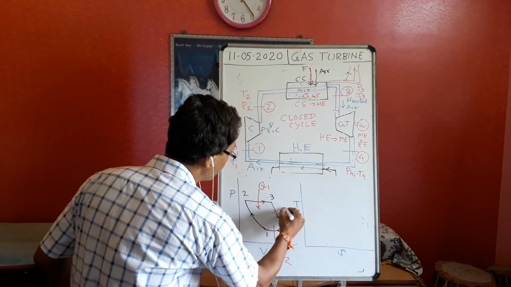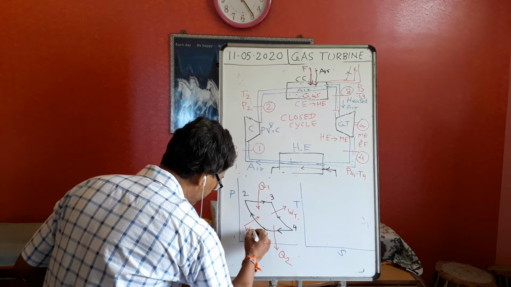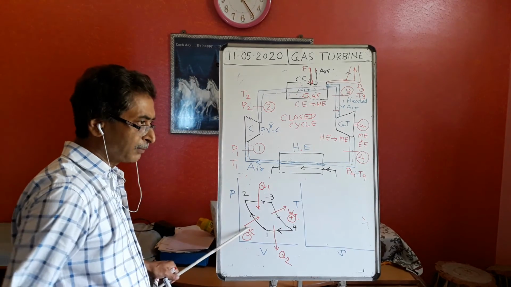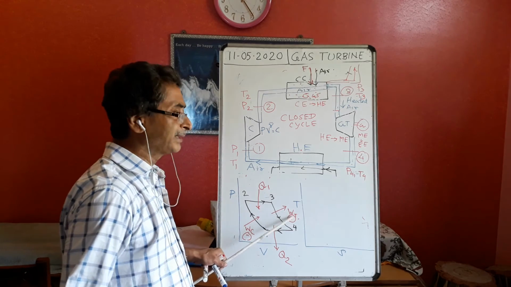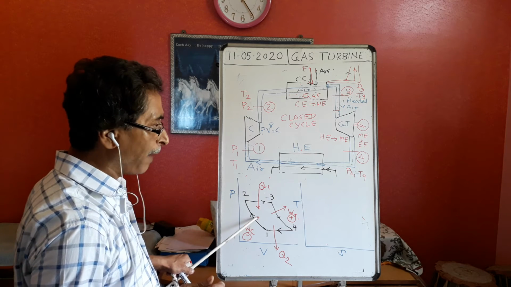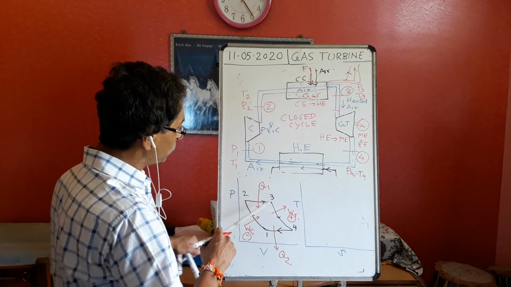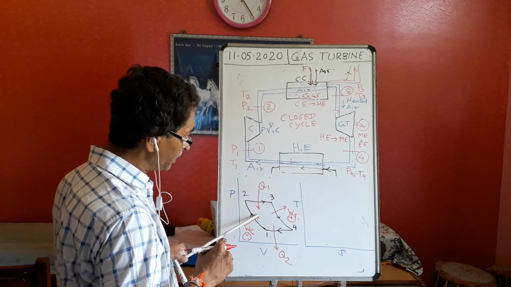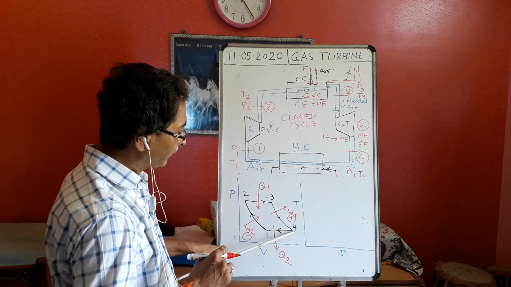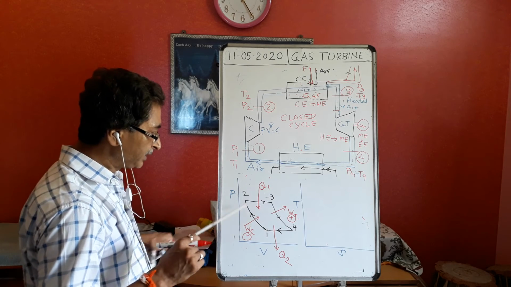What is 3 to 4? We are getting the power, W turbine. And what is 1 to 2? We are giving the power to the compressor. So this is negative and this is positive. The work by the compressor is negative because it is consuming, and the work by the turbine is positive. So 4 things happen. In 1 to 2, the compressor takes some power and pressurizes from P1 to P2. In 2 to 3 we give heat to the system by burning the fuel, Q1. In 3 to 4 we get the power WT. And 4 to 1 we reject heat to the atmosphere and come back to the initial position. So this is the cycle in the PV diagram.